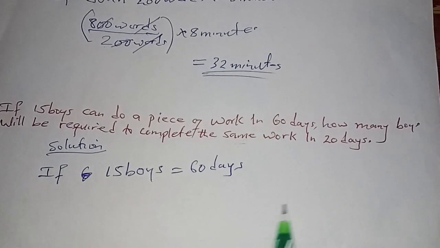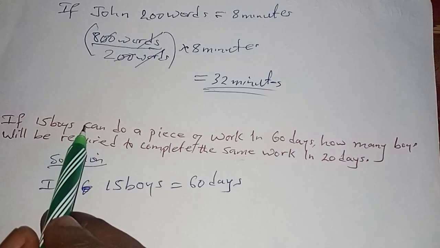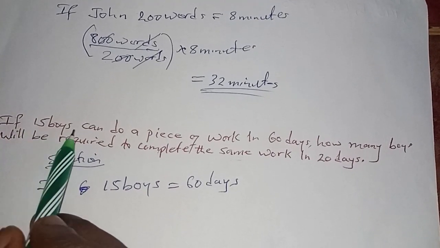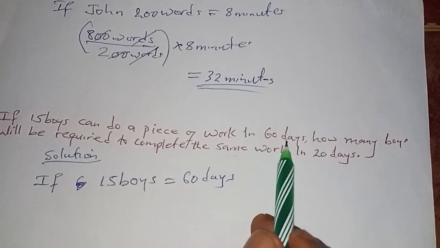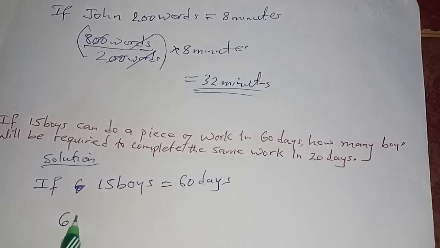Since we're talking about inverse proportion now, we will not be considering the question, but instead the previous ones. If 15 boys can do a piece of work in 60 days, if 15 boys can do that particular work in 60 days,